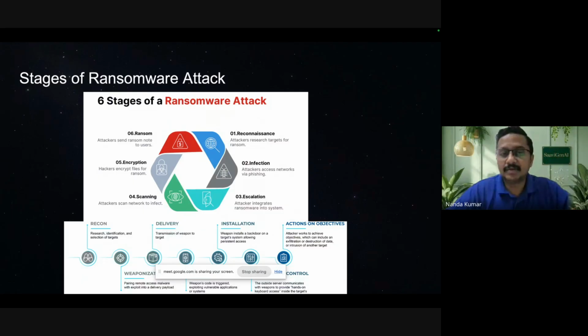for the users. Then I will send an email to the organization saying you have to pay me this amount for me to release your data. Otherwise, I will completely destroy your data, or I will make it public that your system got compromised, and then your company reputation will go off. This is the high level stages of a ransomware attack. You can go into details; the screenshot at the bottom shows even more granular steps.